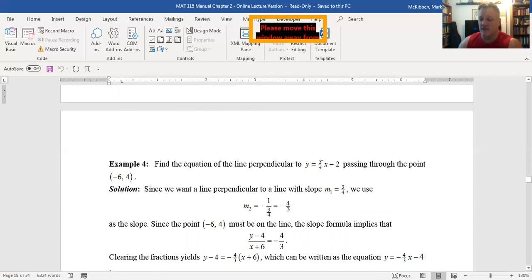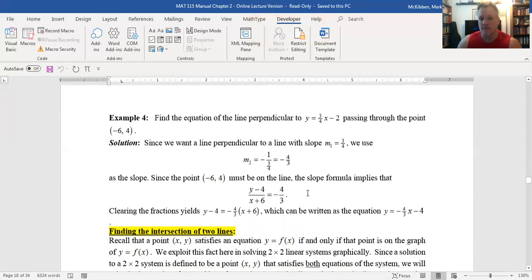And so if the line that we're after is perpendicular to it, its slope must be the negative reciprocal of that guy. So namely -4/3. Okay, so there's your slope. There's our point. So plug them in and follow the same exact thing that we did back in your turn